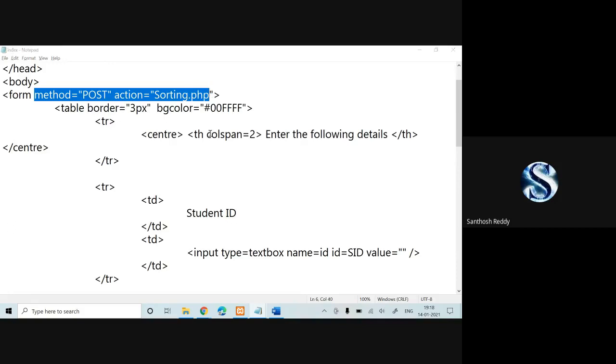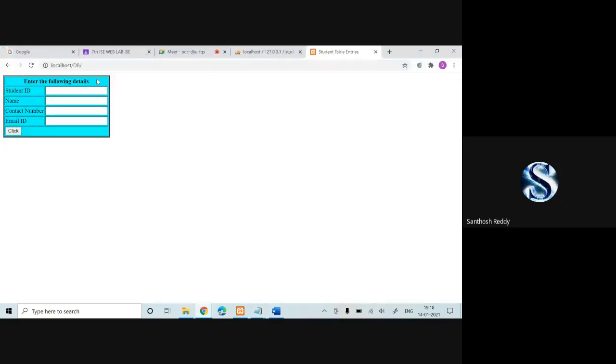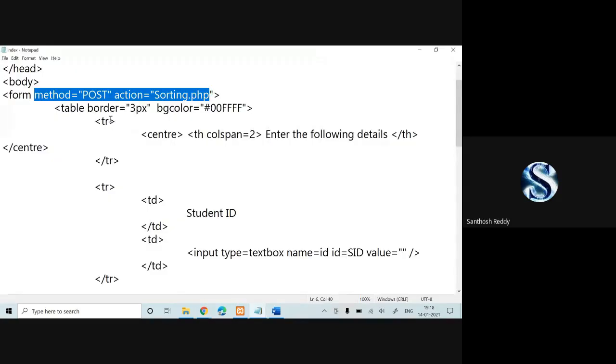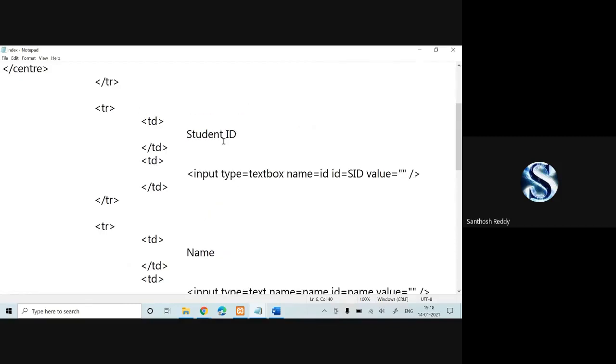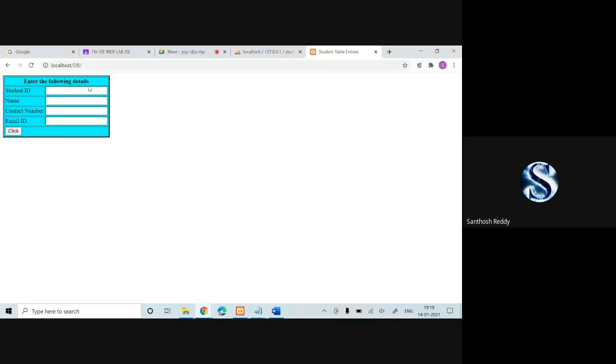Before that, I have used a table format to enter the details. In the first row, I have made it center, enter the following details. Next, I have created in the TR student ID. This is the first row, first column. This is the second row. In the second row, first column, I have specified student ID.